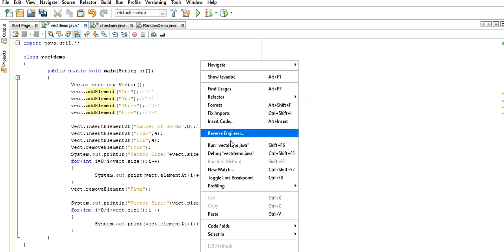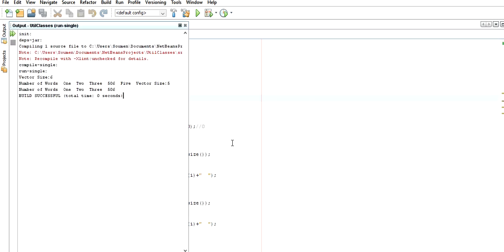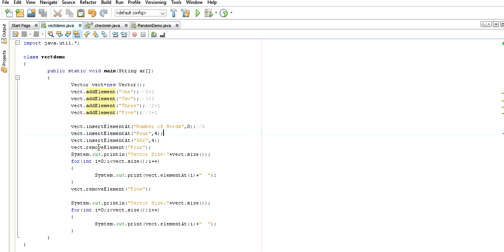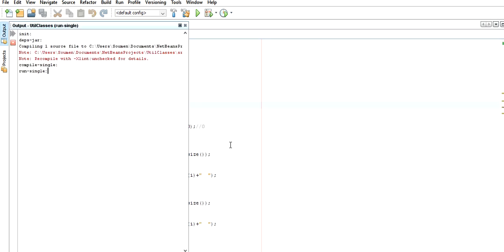Okay, so here if we run it again, then now see, this 506 is placed at position 4 and 4 is automatically removed। Automatically means we use this statement remove element, so 4 is removed। If we don't write this, then 4 is not removed। Okay, if we write like this, then our output is like this, look, this is the output। Okay.